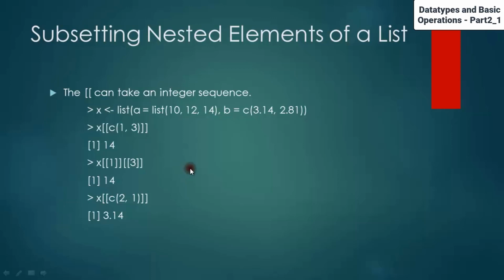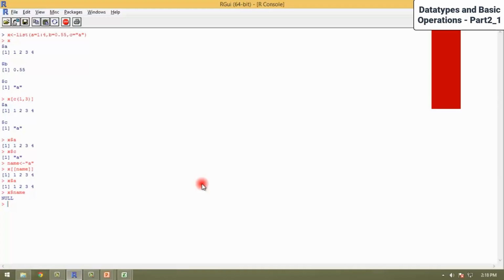Now moving on, let's see the subsetting of nested elements of a list. Let's say the double square bracket can always take an integer sequence also. Let's say we create a list which has a 1, 2, 3